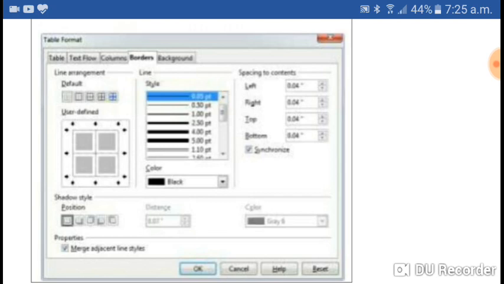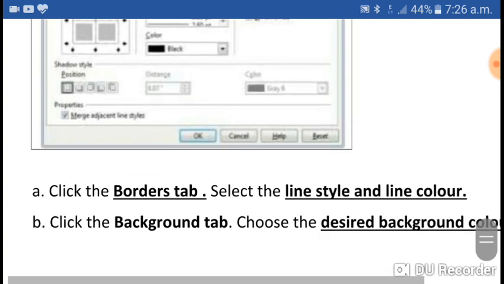In the color, a number of colors are there. If you want to give color to the lines of the border, we can select it. You want to give shadow, we can select the shadow also, shadow style and shadow color also. Select the required options according to your need and then click on the OK button.